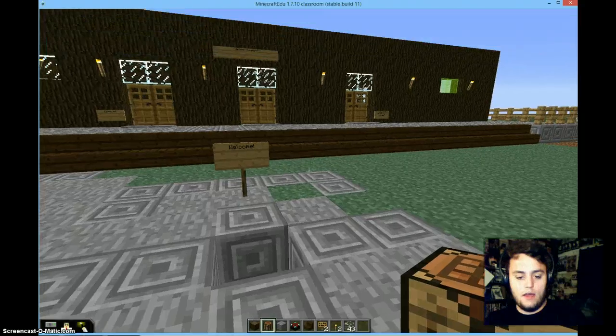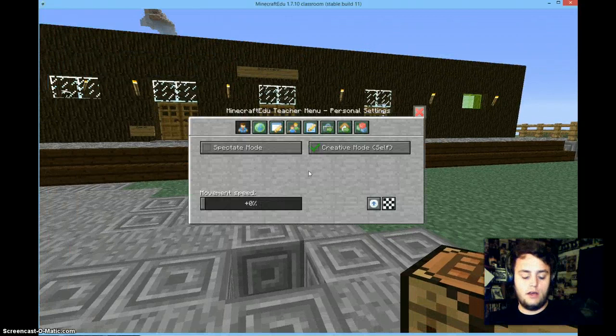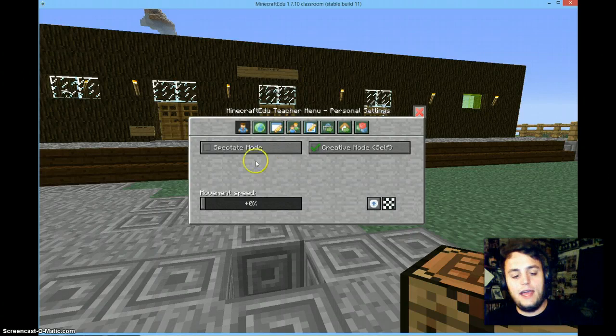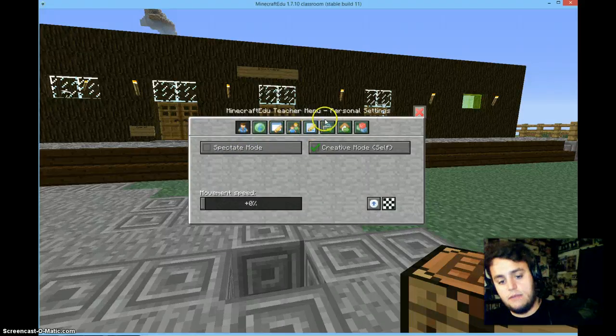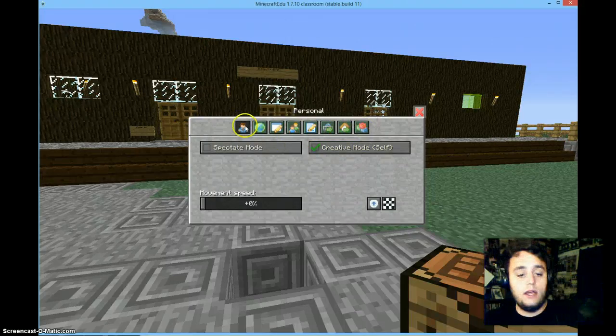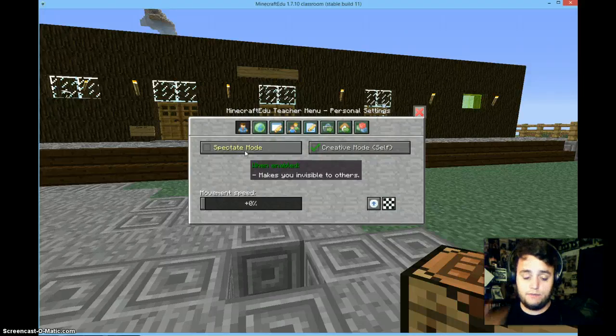So first, I'm going to show you the teacher menu. If you hit M, it brings up the menu just like with students, and you have different options. So the first section's personal, the second section's world settings, third is player settings, player management, assignments, give, stations, and building tools. Now under personal, you have spectator mode, which will allow you to be invisible, which is